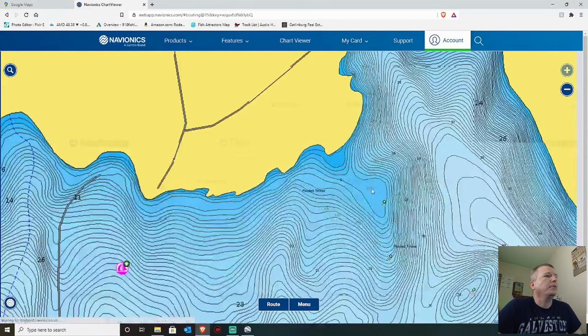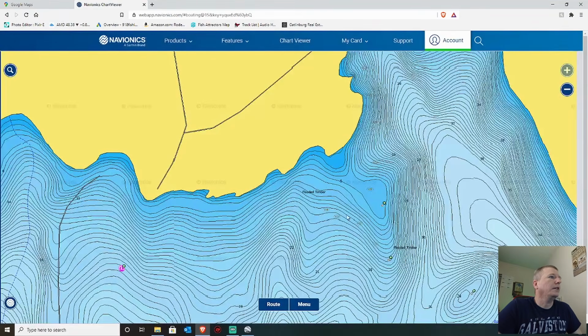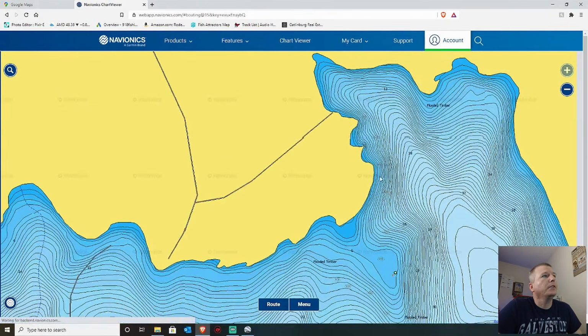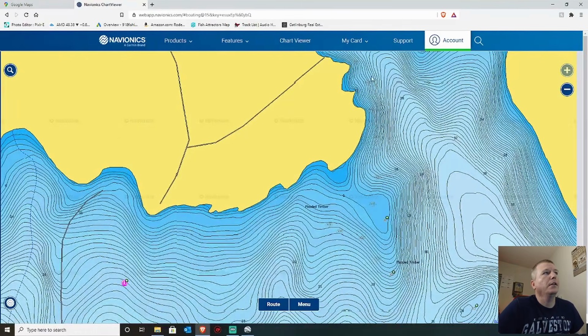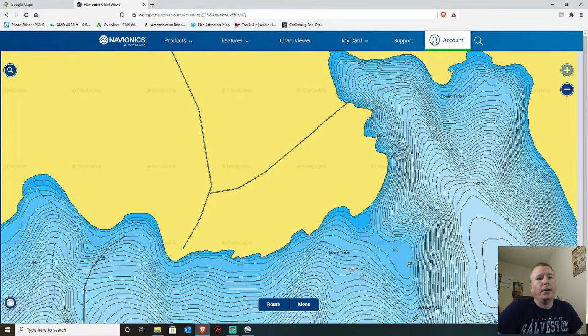Back in here, I don't know what that is. I guess those are fish attractors. Yeah, those are brush piles, guys. So Navionics does now show brush piles, because I've actually caught a few fish. Real shallow, falls off. You don't have real deep water out here, but you're only in a couple feet up here. So if the water level was low,